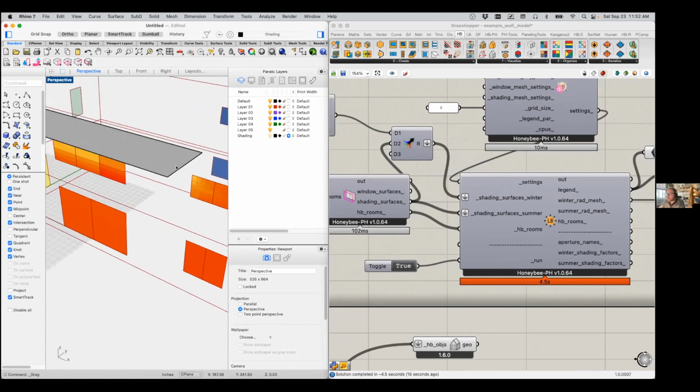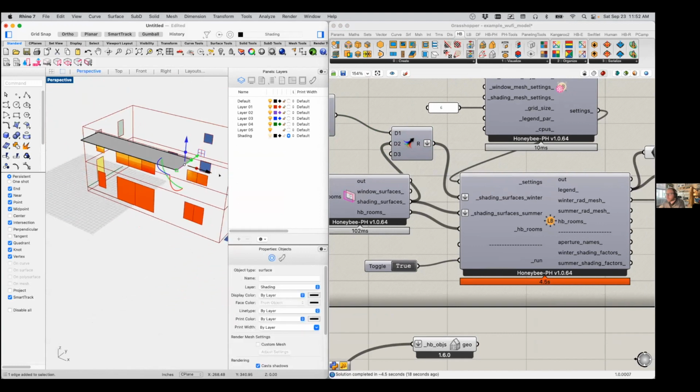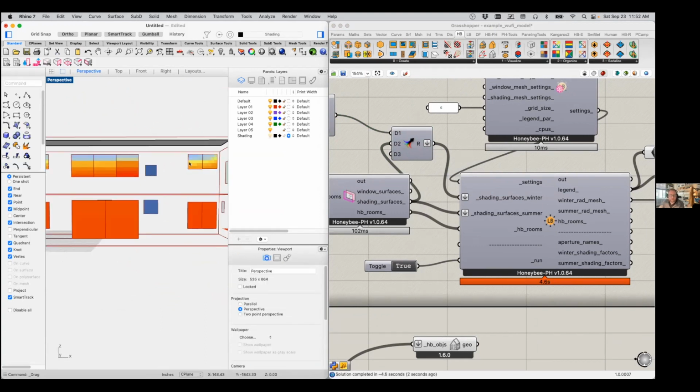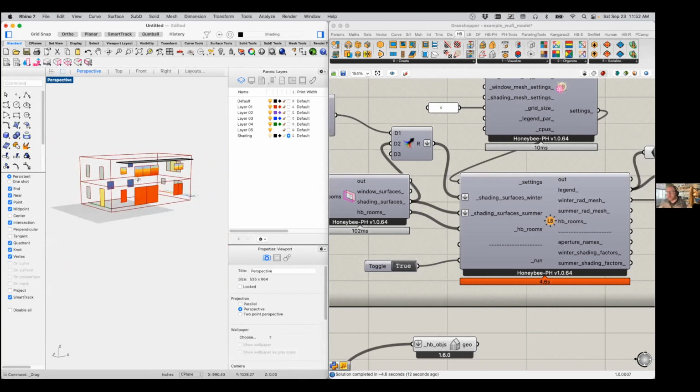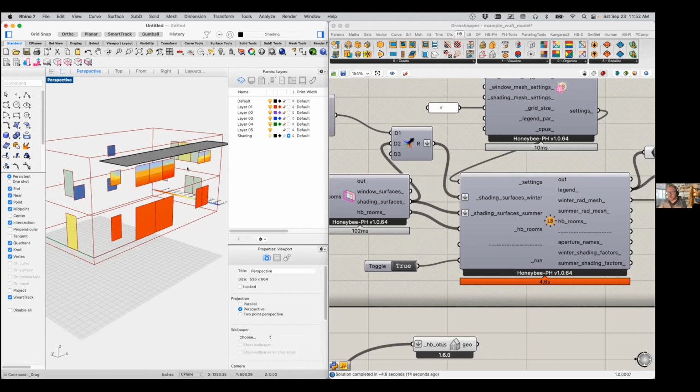Right. So what we might say is, oh, I actually want to grab this and extend it out this far because I really do want it to shade those 2 windows on the side over there as well. And now you can see that it's starting to affect those guys there. So we can use this type of visualization and calculator internally to improve the performance of our building very, very quickly, right? So we can see very quickly how and where the solar shading is impacting these things,